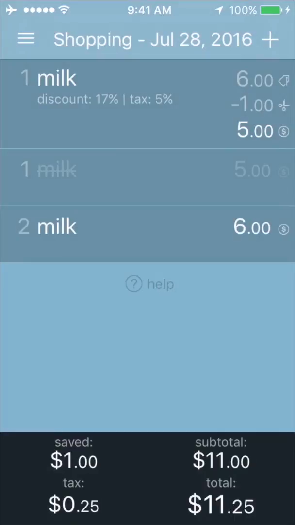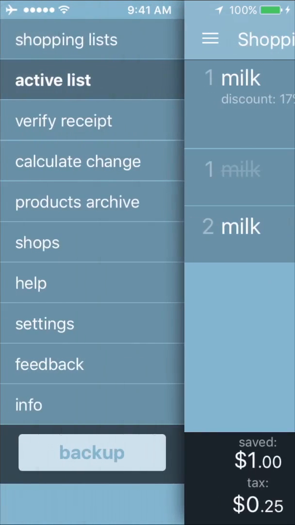As you can see, the tax is shown after the name, but to keep the list clear, it's now shown next to the price. It will be calculated on the total instead. As you can see, now the total bar has 4 values. The first one is saved, which is how much you are saving, because now we said the milk special price is 5 instead of 6. The subtotal is the total without the tax, while the total is the total with the tax, and the tax is shown on the lower left side of the screen. Let's keep checking the other setting options.